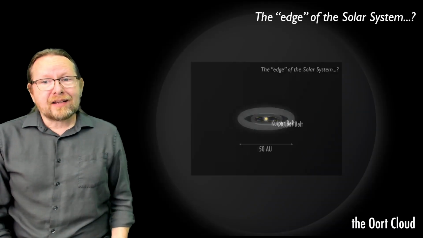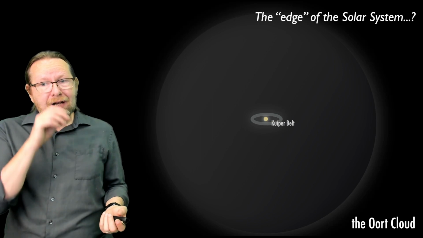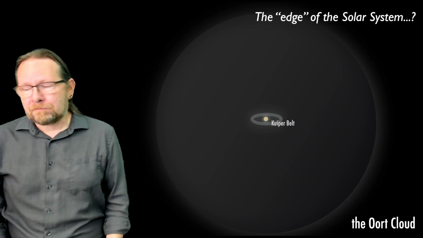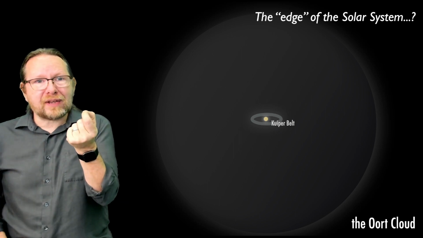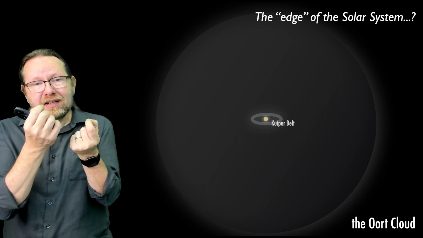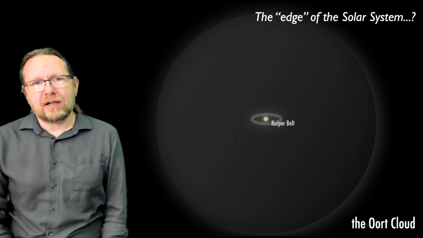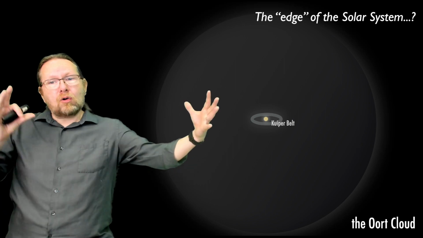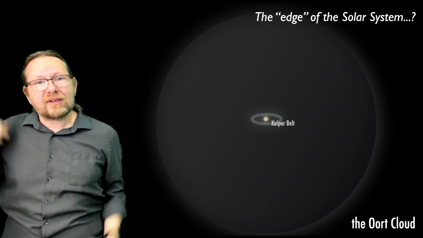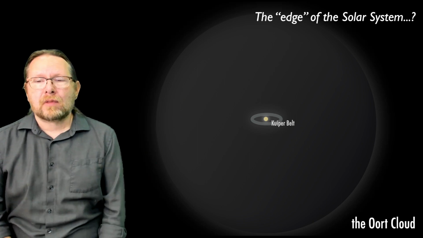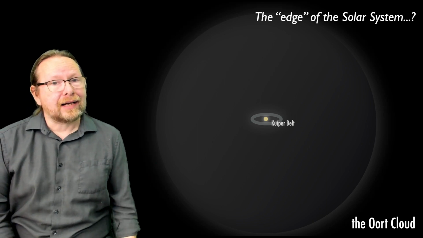If you go out beyond the Kuiper Belt, there's still more stuff orbiting the Sun. There's things the size of snowflakes and grains of dust and little bits of mineral grains, all orbiting the Sun. It might take them 10,000 years to go around the Sun one time. This is called the Oort cloud. The Oort cloud is a